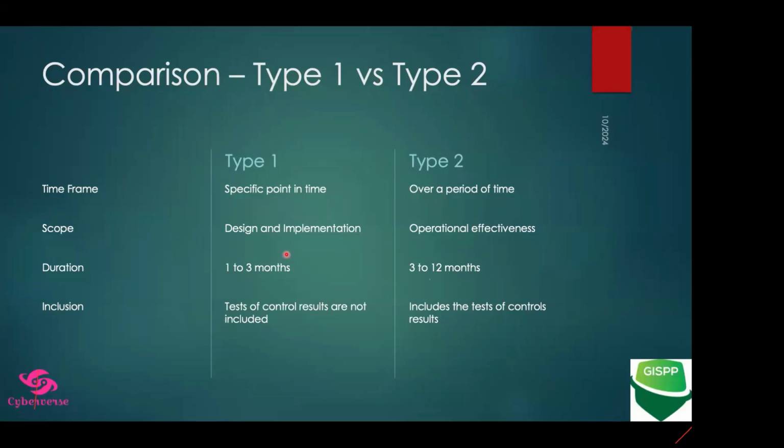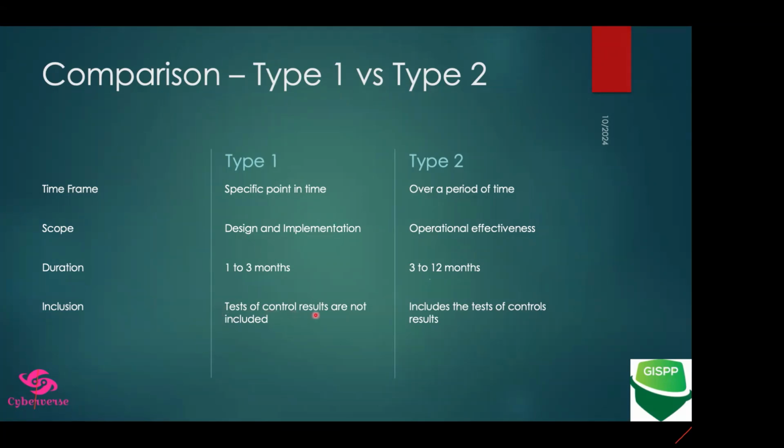Here I will not ask you about effectiveness, and I will not take control evidence from you. So that is basically called your SOC2 type 1. It can take anything between 1 to 3 months, again depending on the 5 trust services criteria. If you chose 1 or 2, of course the time would be different, but if you have chosen all the 5 trust services criteria, then of course the time frame would be different. But it could be anything between 1 to 3 months.